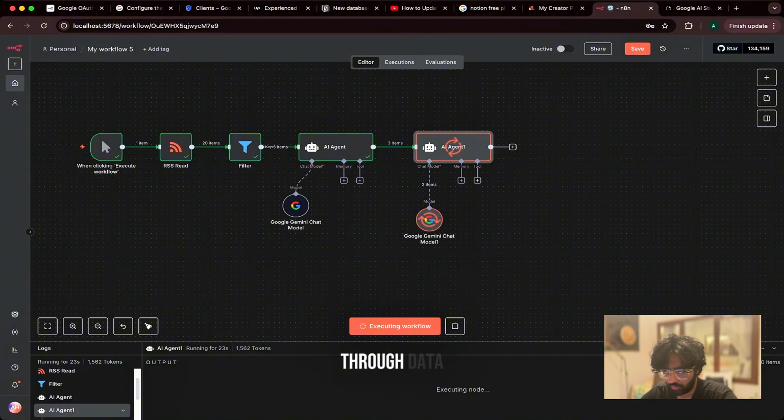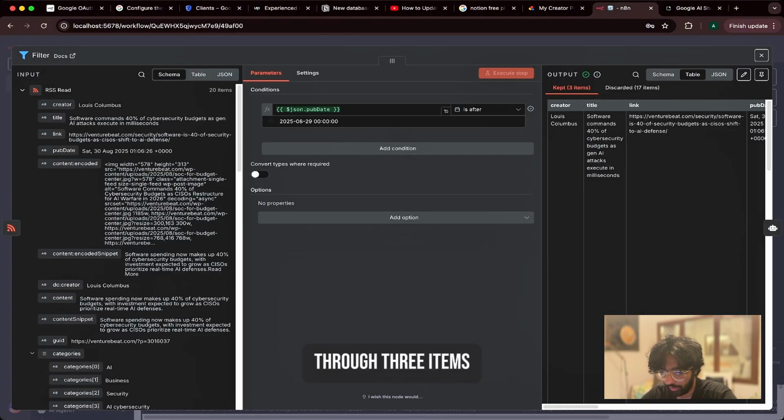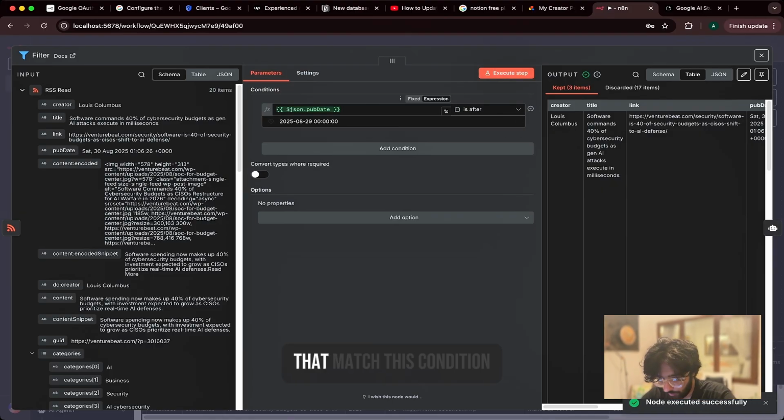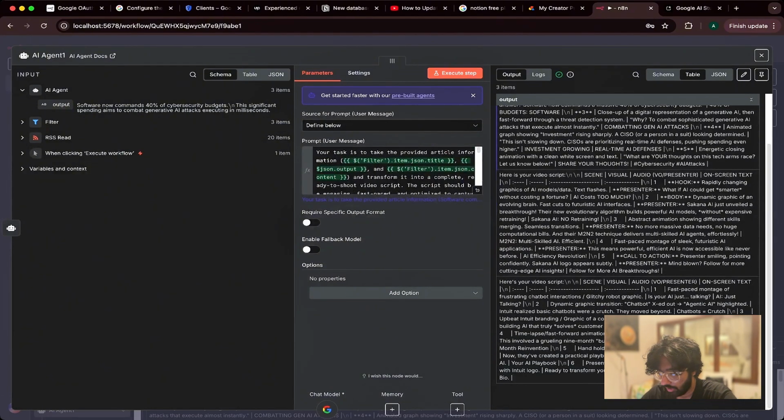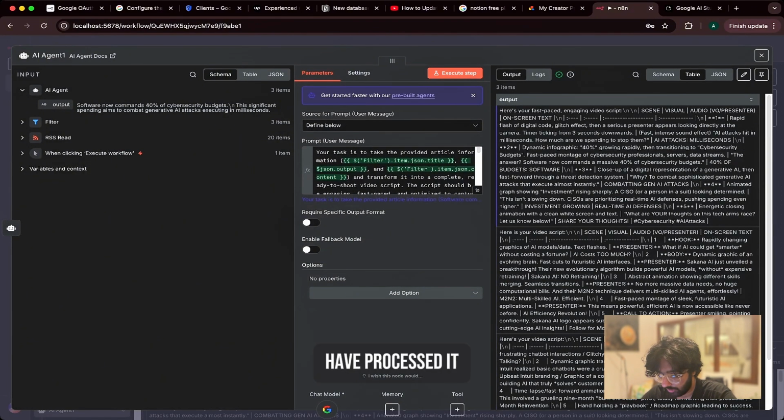As it's processing through that, I think it's going to take a bit more time, because we are processing through 3 items, as you can see in the filter that we have 3 items that match this condition. Okay, so now that we have processed it, we can see we have our